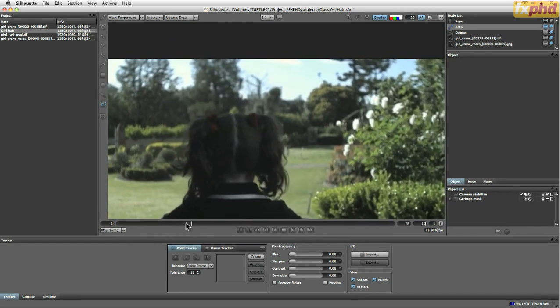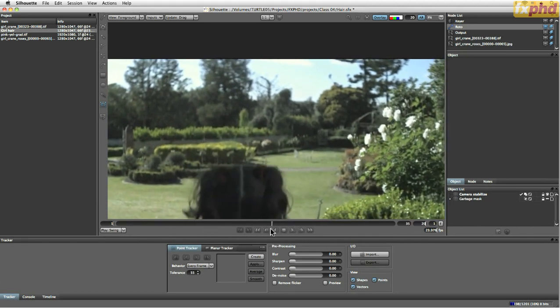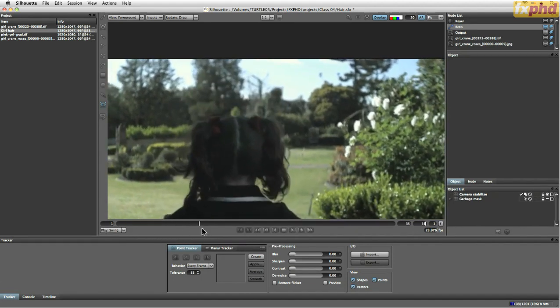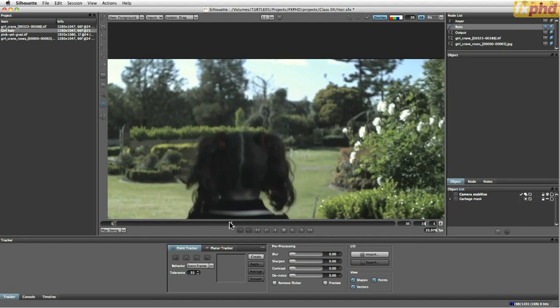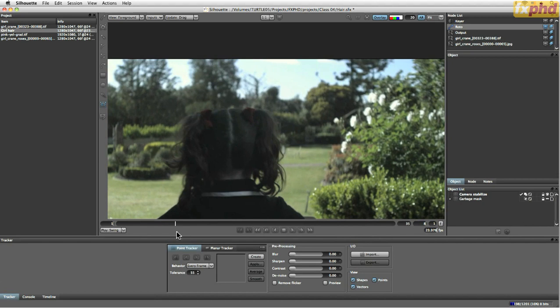If we're just trying to stabilize our position, we've got quite a good shape coming in here for the center of the head, which is going to be nice to track in. But there is a bit of rotation and scale which I'd like to take out as well. So let's see what we can get done with these